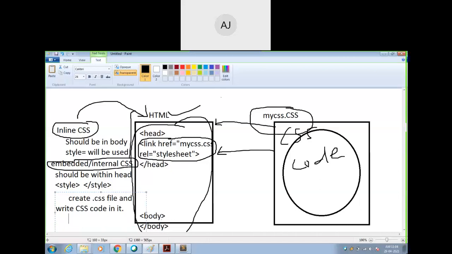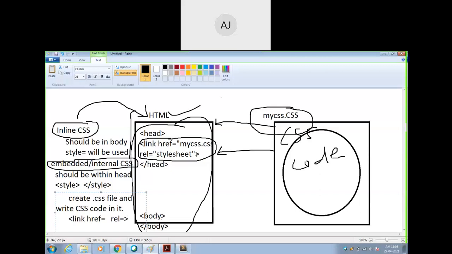Second point, you have to use the link tag, and href is one of the properties, and one more property is rel, the relation property. There is no closing tag for link. Don't say, sir, you are missing this. No, for the link tag there is no ending tag.